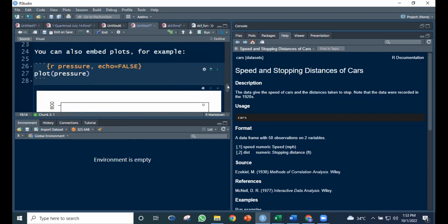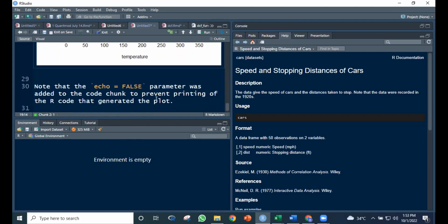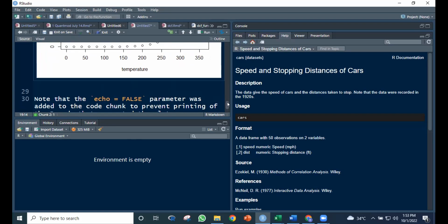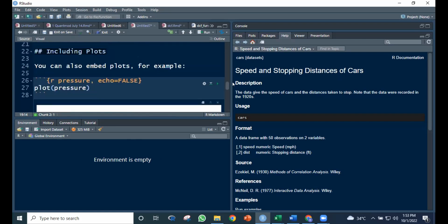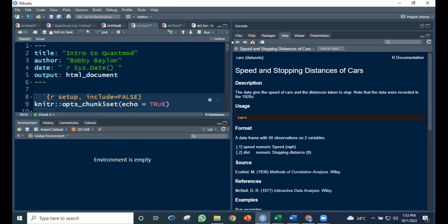Para saan ba yung echo is equal to false? So that when we knit this and when we print this, ano mangyayari daw? Ibig sabihin ng echo is equal to false, hindi ipapakita tong code chunk na to. All right, so let's see what happens if we knit this very quickly. Knit. If I press this, so merong options na knit HTML to PDF to Word. Let's start first with knit to HTML. If I knit that,